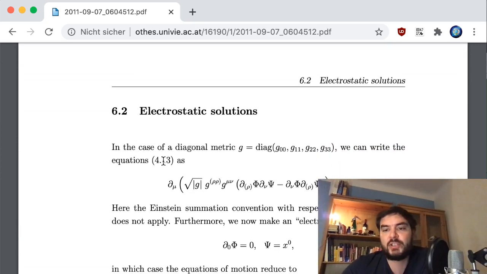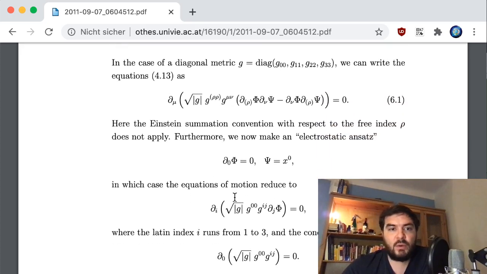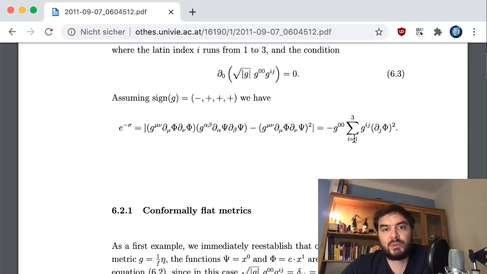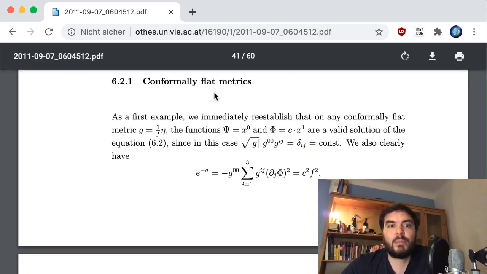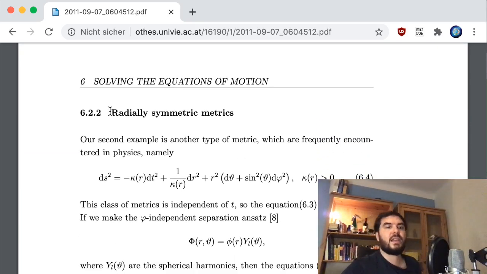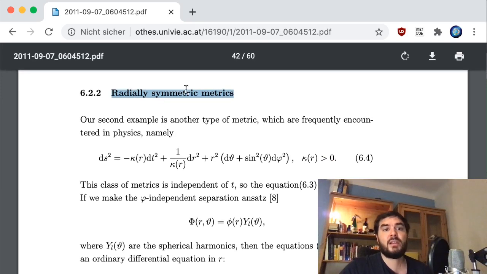And then I take this equation that I had written down before, and I basically solve it by saying, what happens if we impose this electrostatic ansatz. I use a lot of knowledge from field theory again, and then I find out that it even reduces to this thing, which is basically a square of a gradient. And then in this context the conformally flat metric pops up again, and then I take the electromagnetic 101 route and find radially symmetric